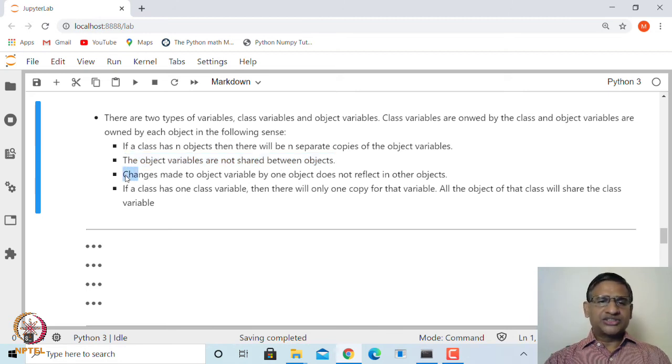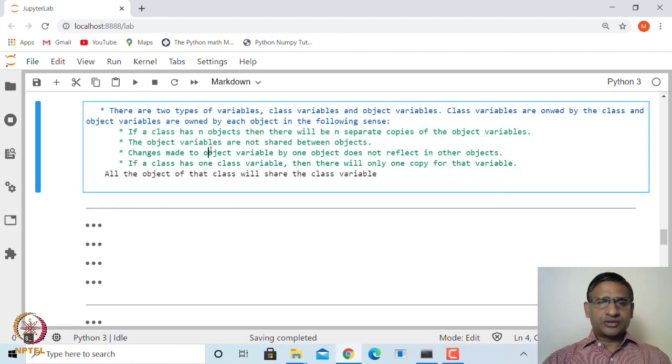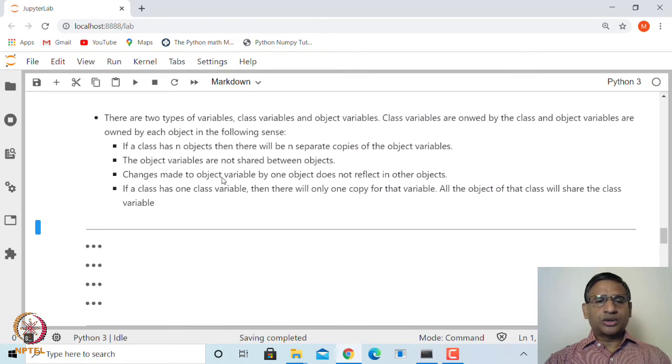Changes made to an object variable by one object do not reflect in other objects. For example, we have created 2 variables S1 and S2. If I change the roll number of S2, the roll number of S1 will remain unchanged.